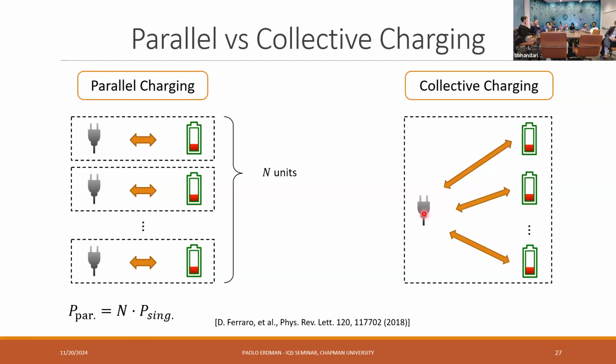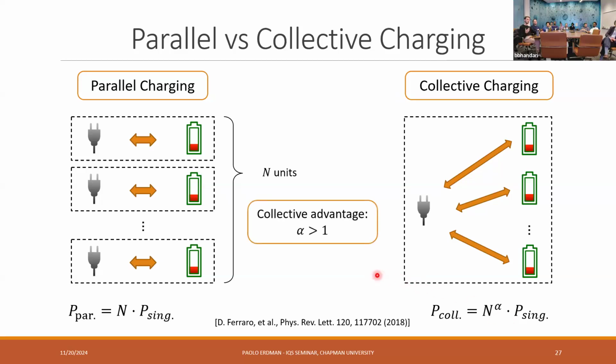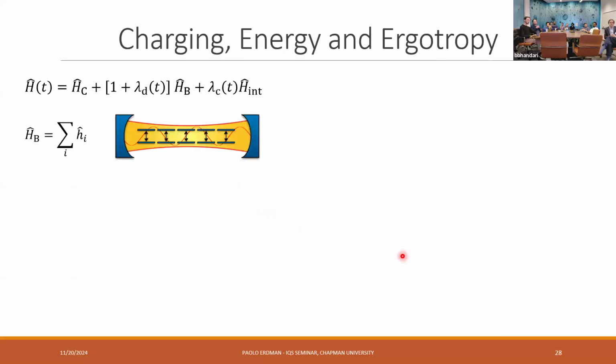But now if you imagine that you couple all of them to the same charger, which is what happens in the Dicke model, because all the two-level systems are coupled to the same mode, in principle, you could have that the energy transferred to the two-level systems is not necessarily linear in the number of constituents, so in the number of these two-level systems. And what they showed in this paper is that, and we would call it collective advantage whenever this exponent is greater than 1, so let's say nonlinear. And in this paper, they claim that, in the Dicke battery, you have this alpha equals 3/2, so you have essentially a square root of n enhancement in the speed at which you can transfer energy to these two-level systems.